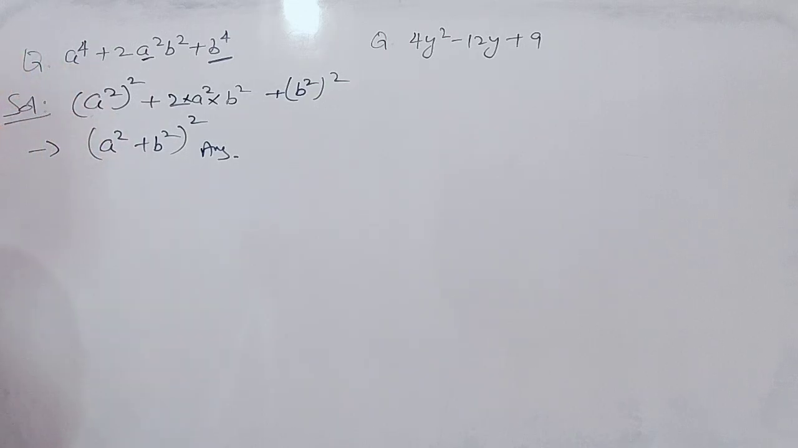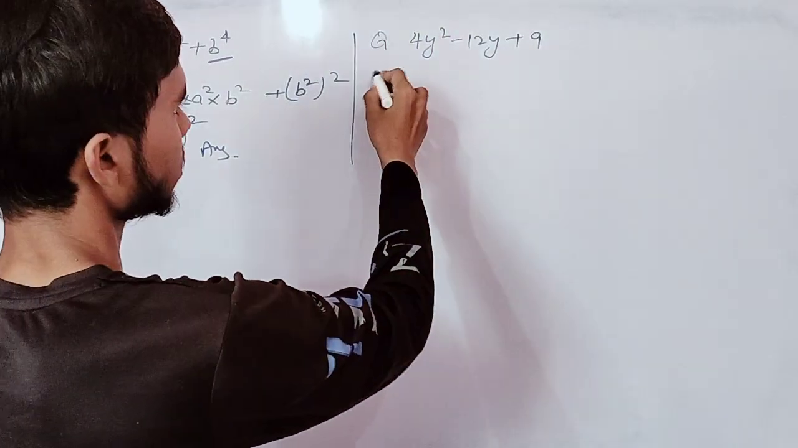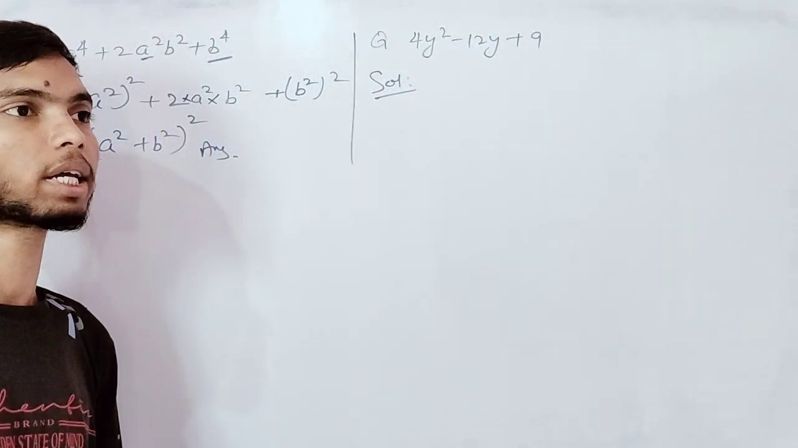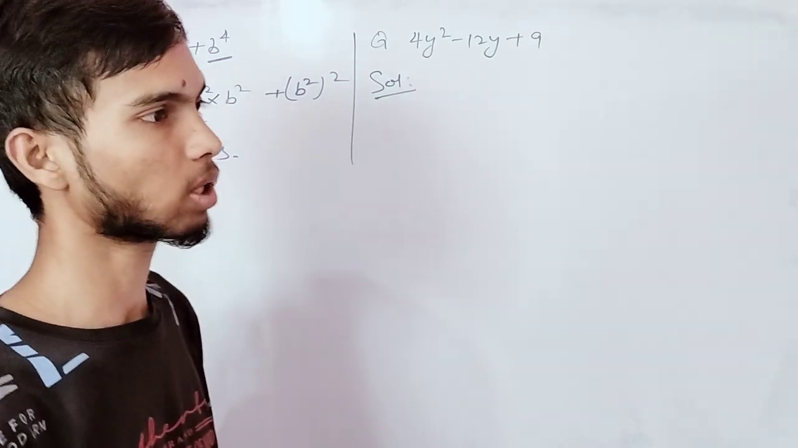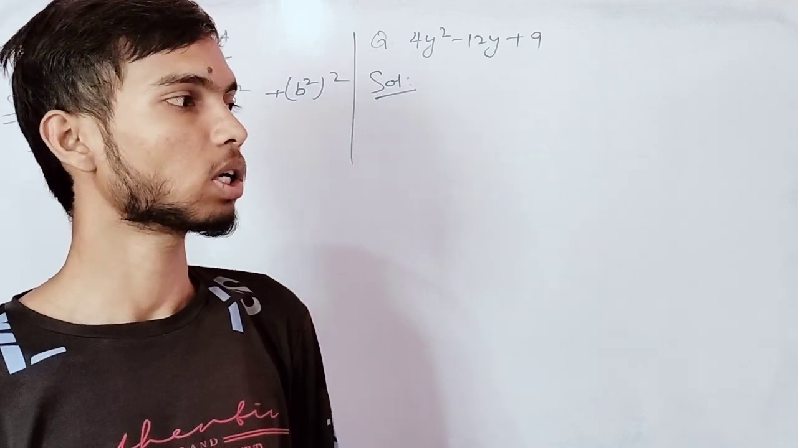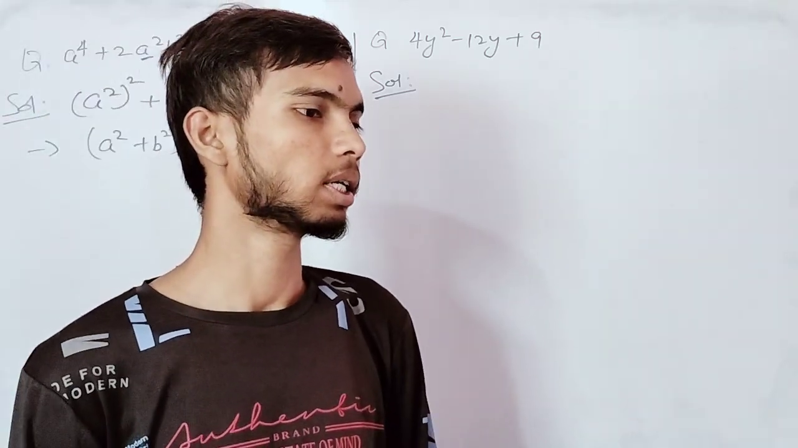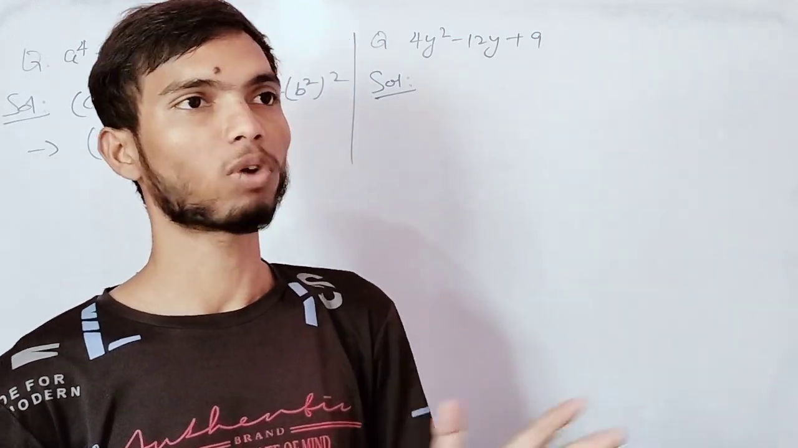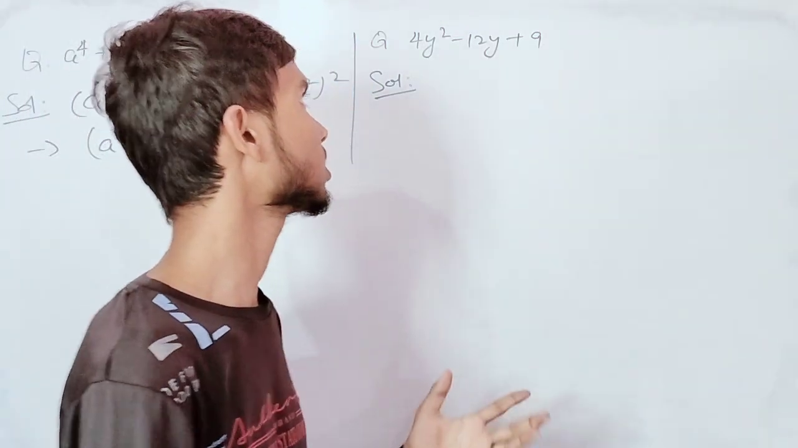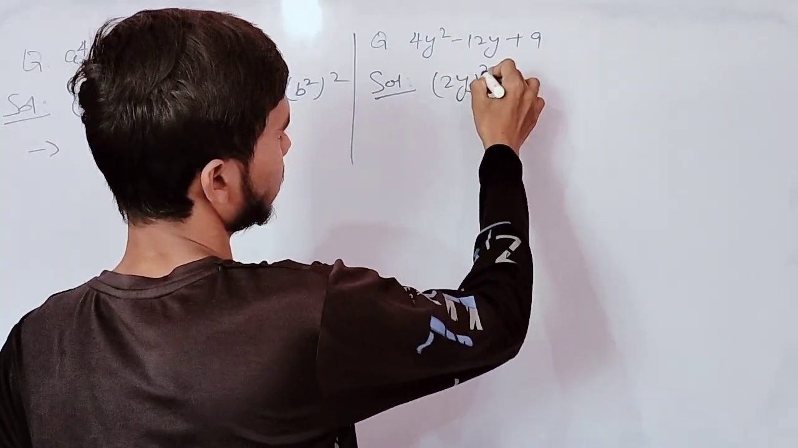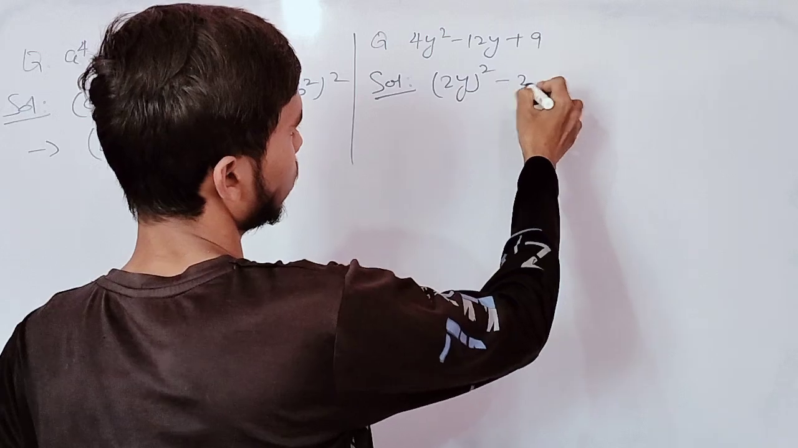This is a perfect square of a square. This is a perfect square of b square. Now in this question, 4y square. Of course 4y square is a perfect square of 2y. It can be written as 2y multiplied by 2y. Yes, then it will give us 4y square as well. So (2y) raised to power 2 minus 2 multiplied by